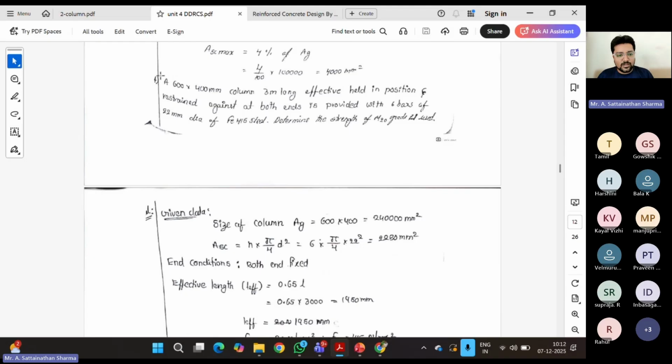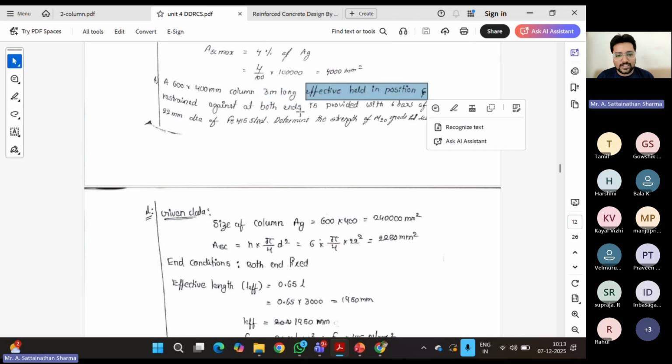Here, a column 600 by 400, 3 meter long, is effectively held in position. They have said so, so there is no need to calculate the effective length, right? Understand? But don't get misunderstood: 3 meter long does not mean that the given length is the effective length. Effective length is not given. If at all, they would say the effective length of the column is 3 meters. They won't say 3 meter long. The question has to be worded